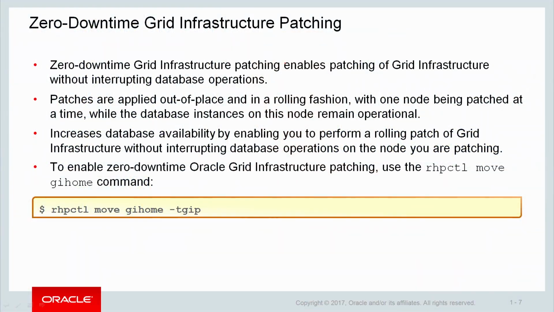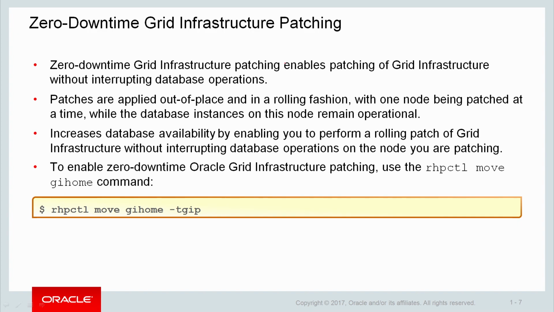So let's say you've got 3 nodes: you stop a lot of the software on the first node, you patch grid infrastructure, you restart the software or relocate the services back to that node, and then you go on to node 2, relocate the software, relocate the services, shut things down, patch, and then go on to node 3. Now, that does affect performance, it does affect availability. Not as much as having to shut absolutely everything down while we're doing the patching, but it does